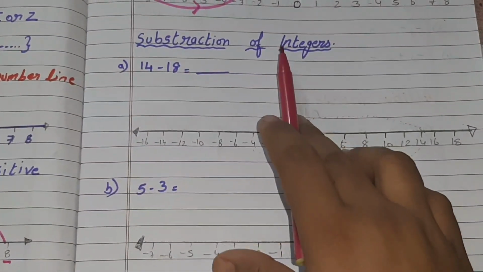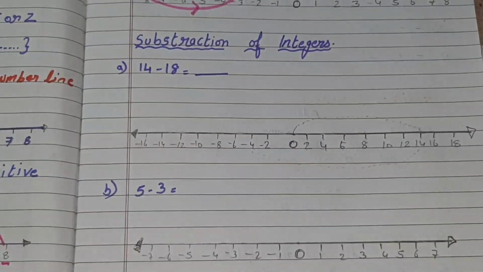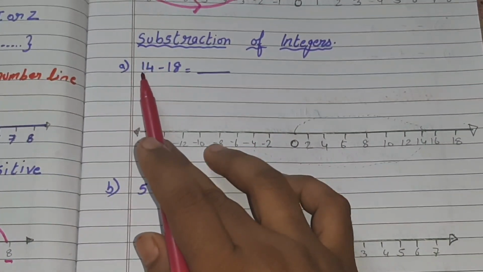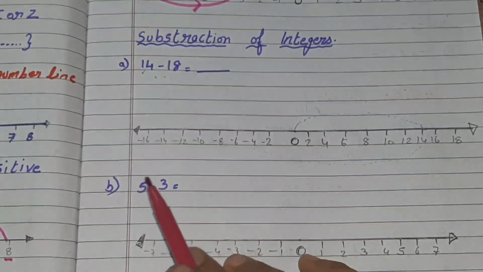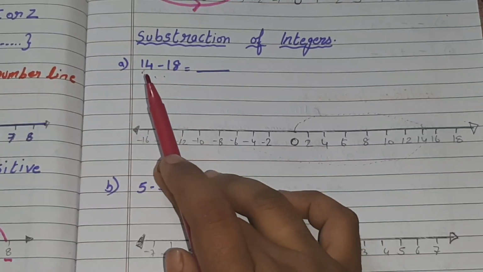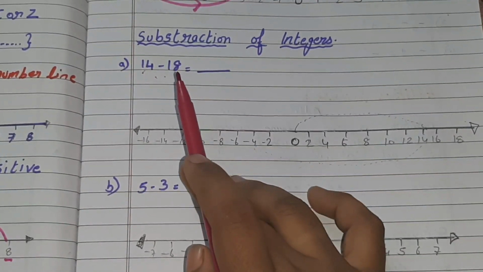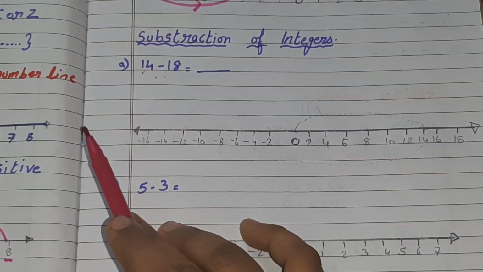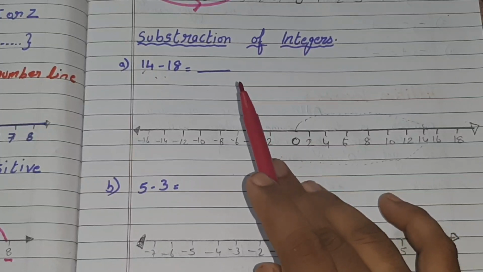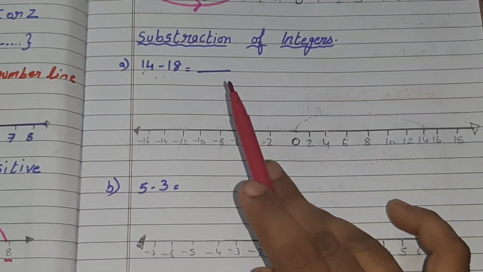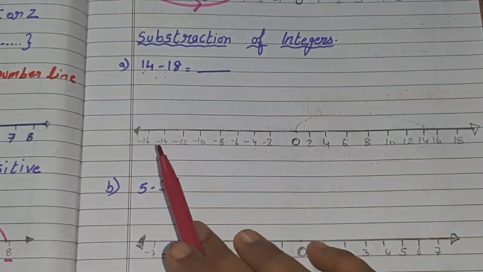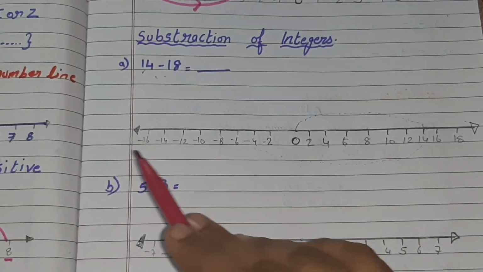Now that is subtraction of integers. We have done the addition. Now we will do the subtraction of integers. In that, what will we do? You can see here 14 minus 18. Earlier you studied that we can't subtract a bigger number from a smaller number. But here, just as in whole numbers, subtraction is an operation that is opposite to addition, similarly in integers also the operation of subtraction is opposite to that of addition. Here you can see what we have said.